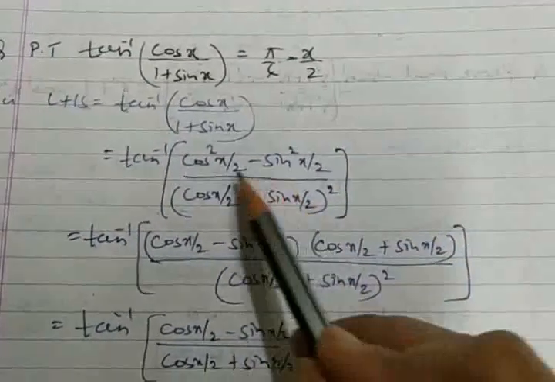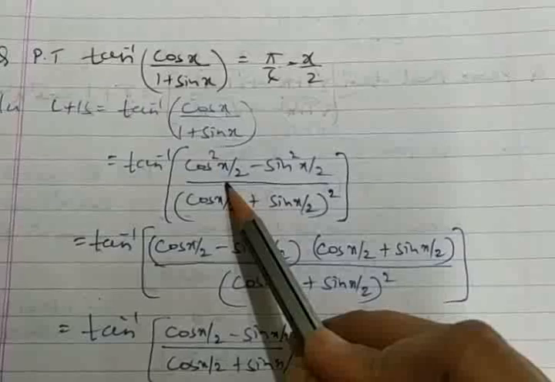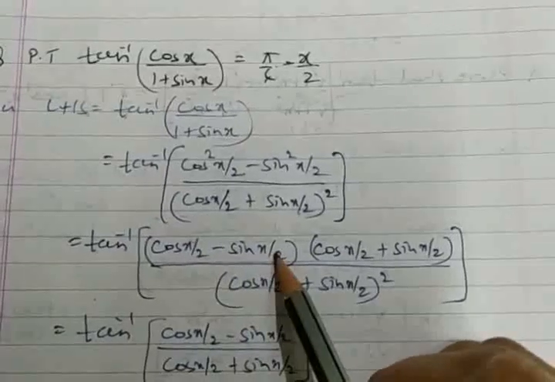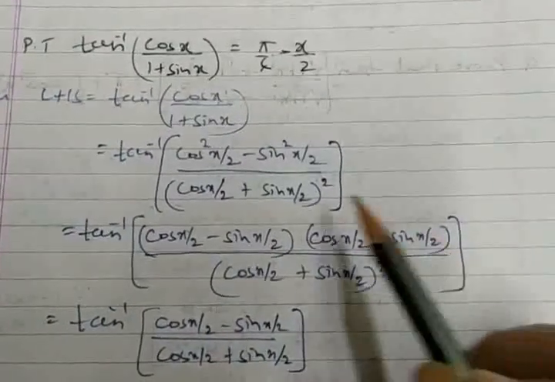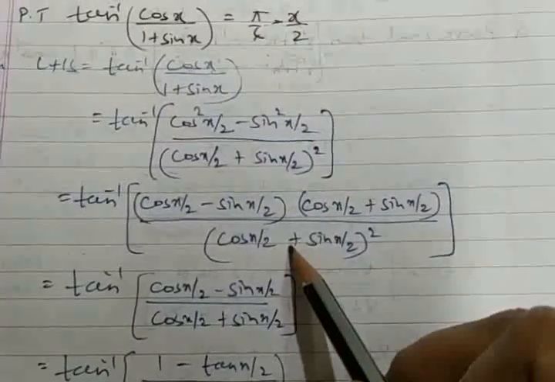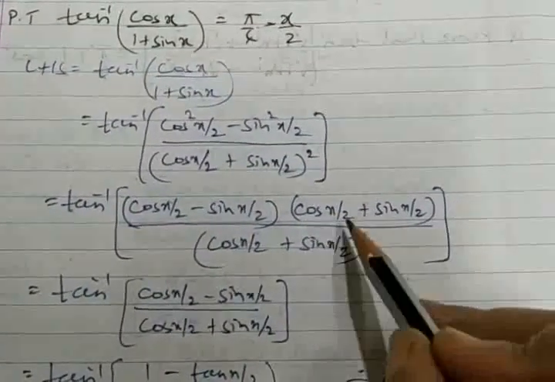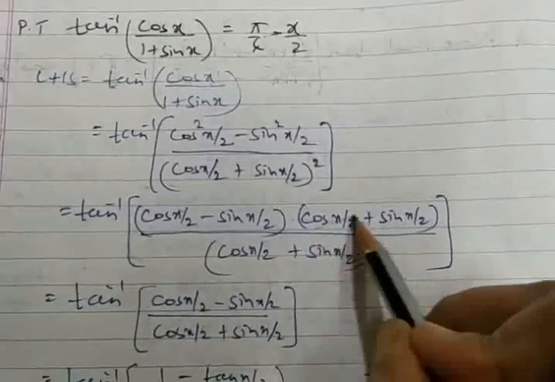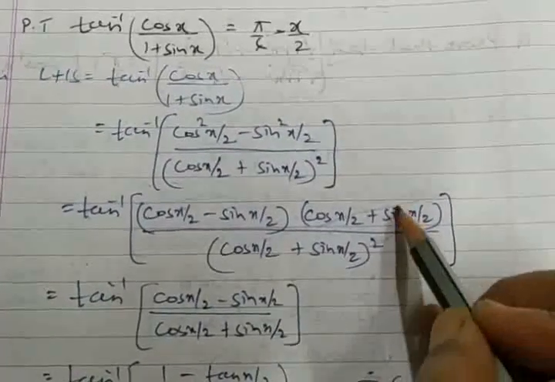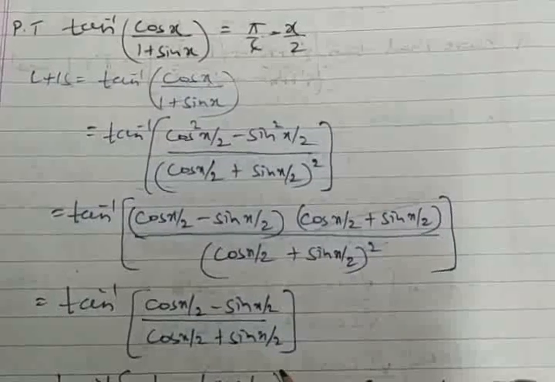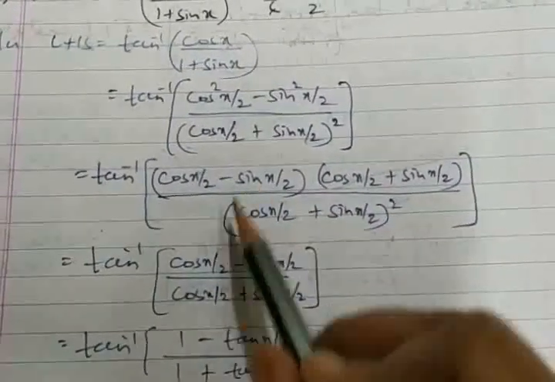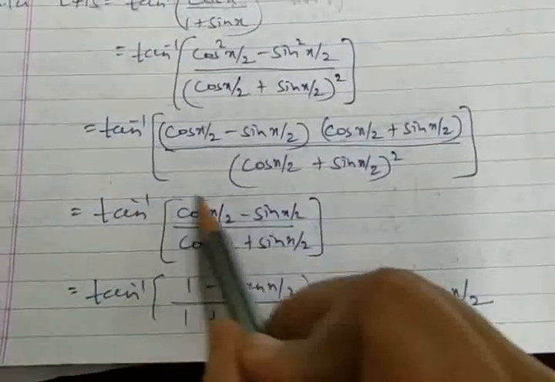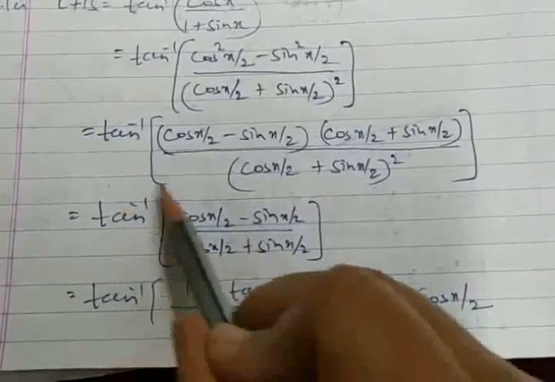So once we claim this, the numerator, as I just mentioned, results in a square minus b square. What is a square minus b square? It is a minus b as well as a plus b. The denominator terms are kept as they are. So once we expand the numerator, I find one of the terms, cos x by 2 plus sin x by 2, and from both numerator and denominator the common factor can be eliminated. So what remains is cos x by 2 minus sin x by 2 in the numerator, and cos x by 2 plus sin x by 2 in the denominator. This is a situation that commonly comes up.